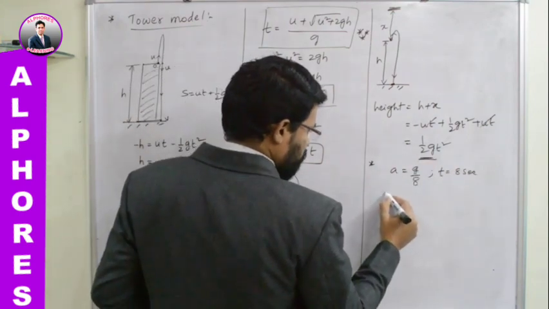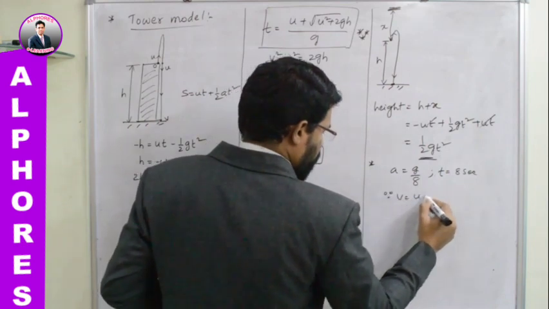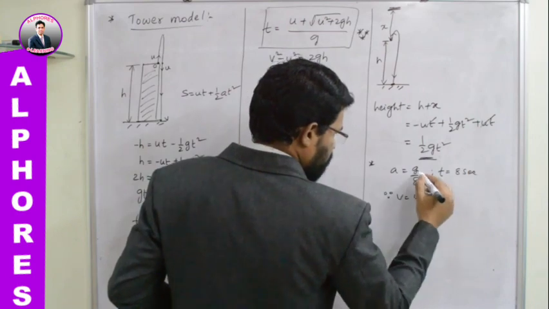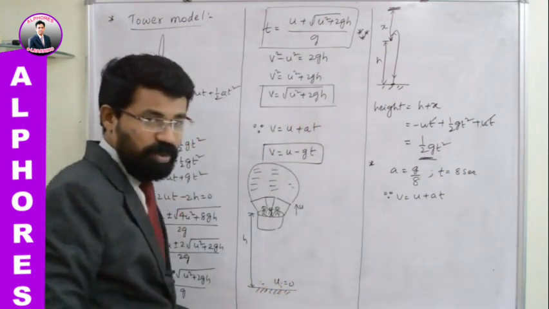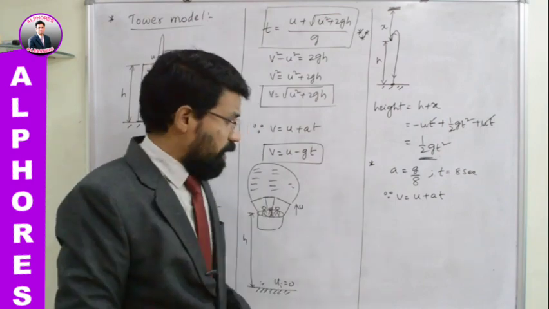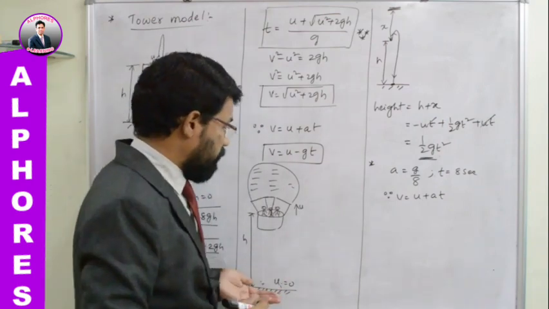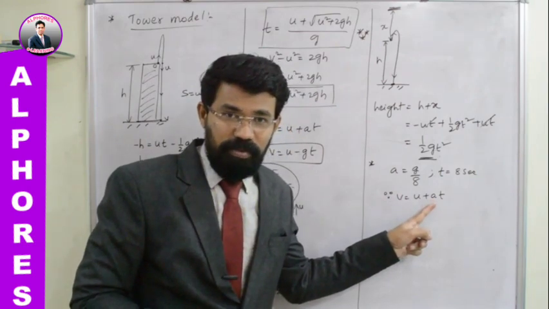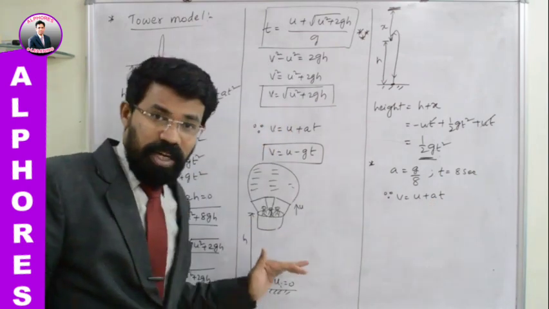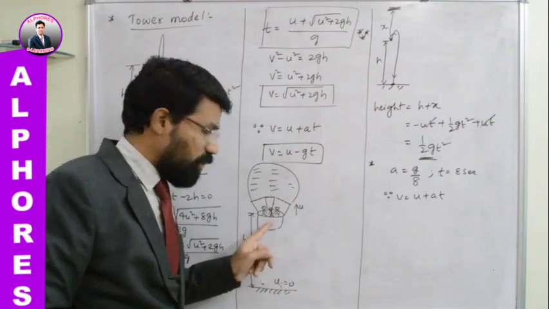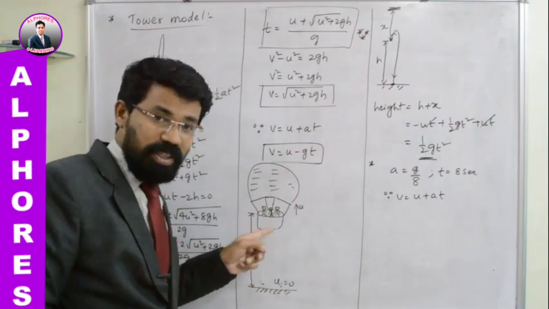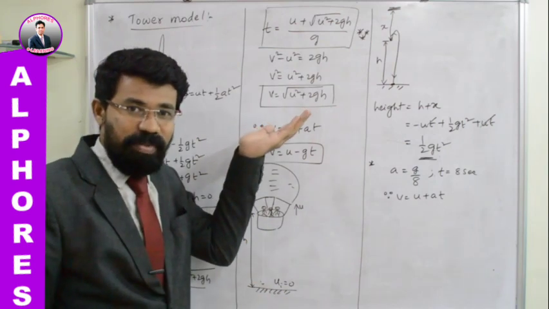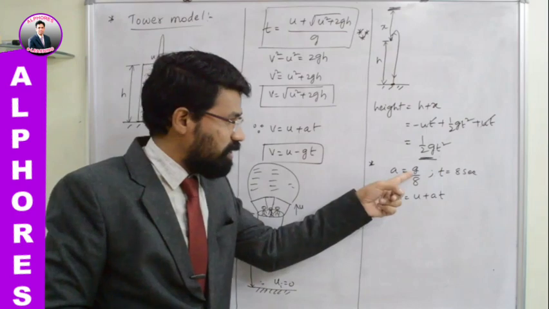Tell me, v is equal to u plus at. This is the equation you are going to use, right? And one more thing, children, though the balloon is going in the upward direction, here I am not going to replace a with minus g, because the force of gravity has been overcome and it is going on its own. Whatever net force is generated with the help of heat energy, with that net force it is going in the upward direction, with an acceleration equal to g by 8.